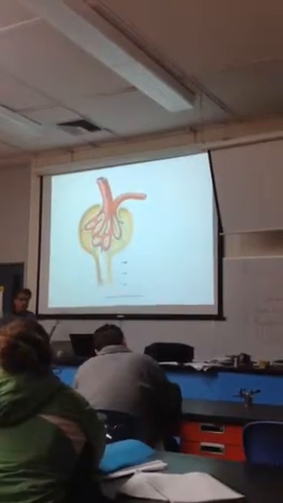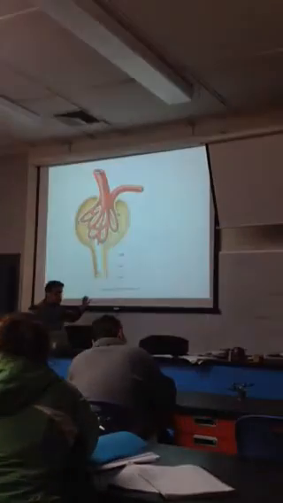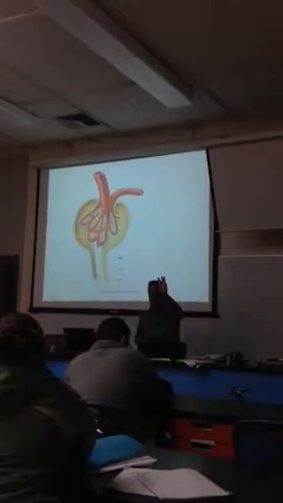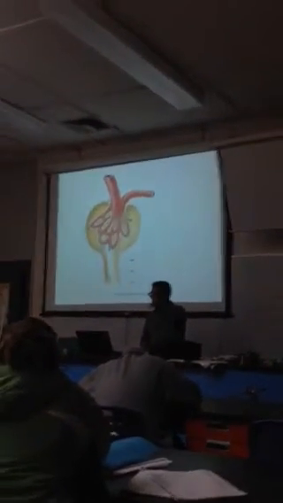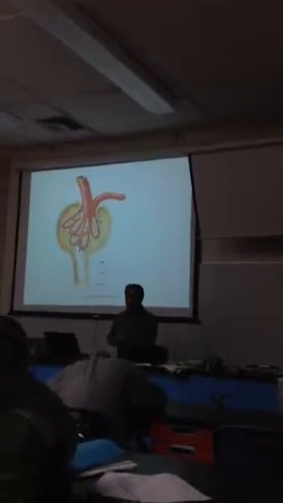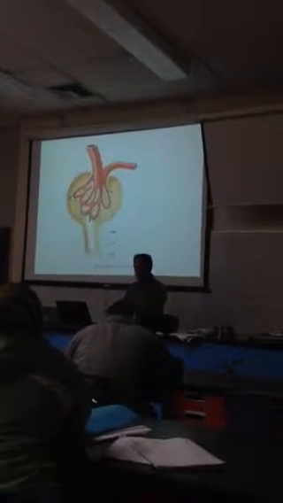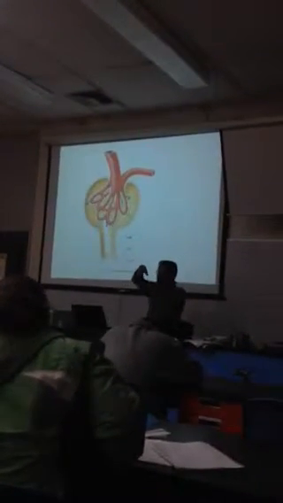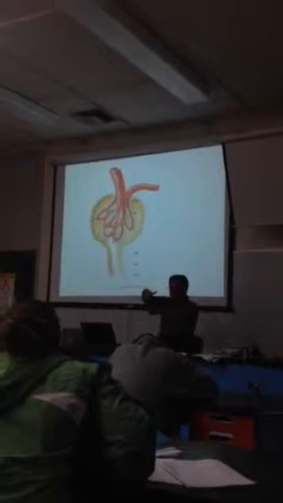So 3 pressures or 2 pressures basically cause this filtration. One is hydrostatic pressure, the blood pressure, and the other one is osmotic pressure. What is osmotic pressure? Osmotic pressure is not allowing the water to go in, or takes the water from the